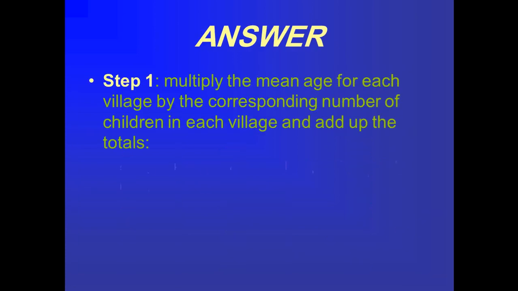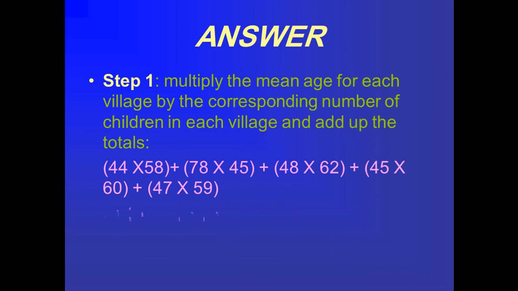So how do we answer this question? Step 1: multiply the mean age for each village by the corresponding number of children in each village and add up the total. So we have the number in village number 1 multiplied by its mean, and the number in village number 2 multiplied by its mean, and the number in village number 3 by its mean, and so on, and this is the total result,